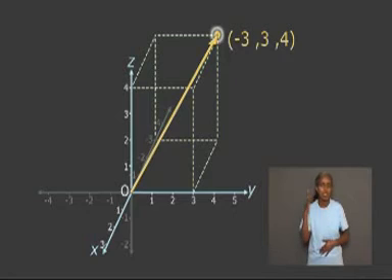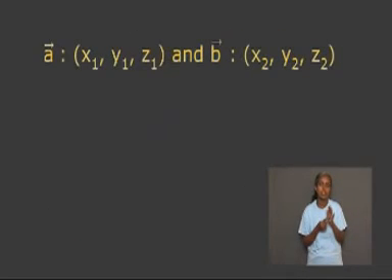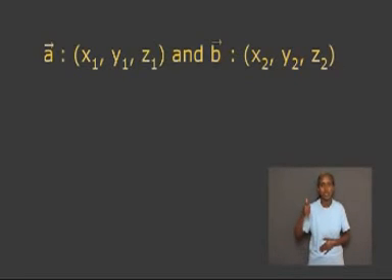Just like vectors on the x-y plane, we can add or subtract vectors in space using the coordinates of terminal points when their initial points are at the origin. This means if A and B are vectors in space with their initial points at the origin and their terminal points at x1, y1, and z1, and x2, y2, and z2, respectively,